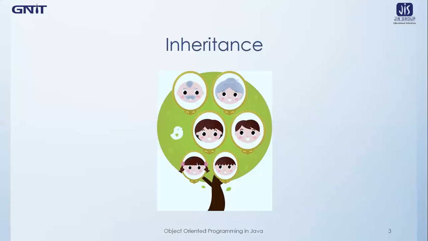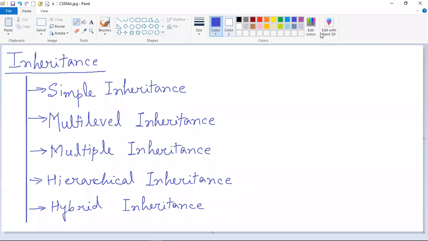Now let's look at the different types of inheritance that are available in an object-oriented programming language as well as in Java. These are the different types of inheritance available in any object-oriented programming language. But Java doesn't support all of these. So let me explain each one of them one by one. Then I'll go into details about which inheritances are supported by Java and which are not, and if not, then why. So the first one is simple inheritance.